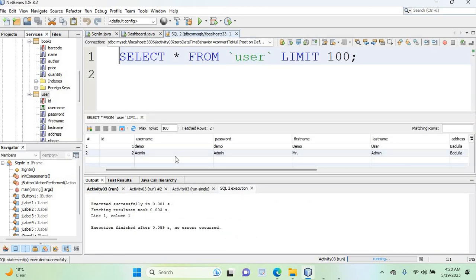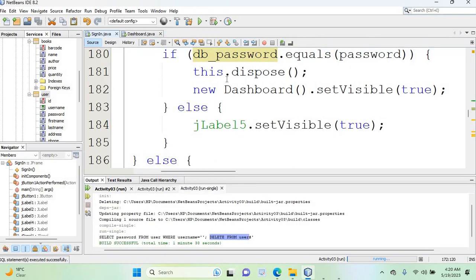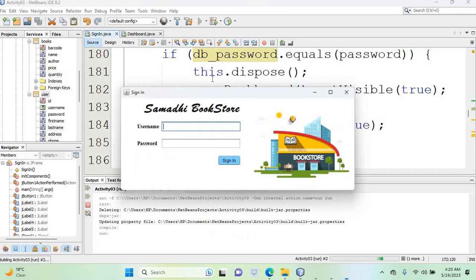Okay, now I'm having two records again. Now I'm going to try a different SQL injection attack. I'm not going to delete, but I'm trying to log in with this one. So this is another type. I'm going to use a single quote here and a semicolon, and now I'm going to write